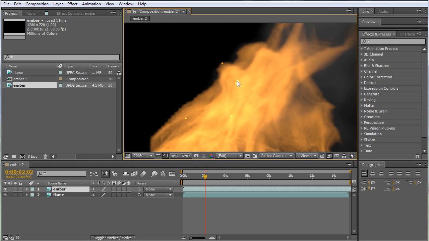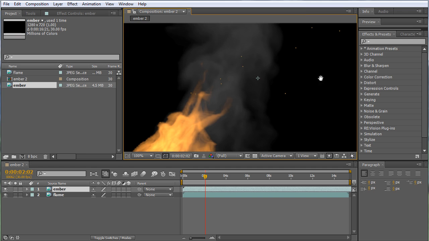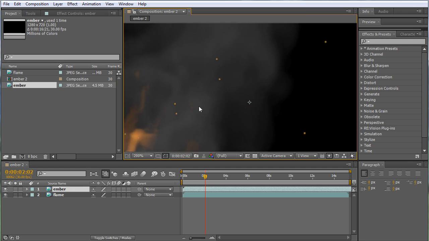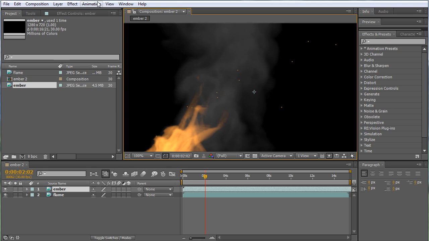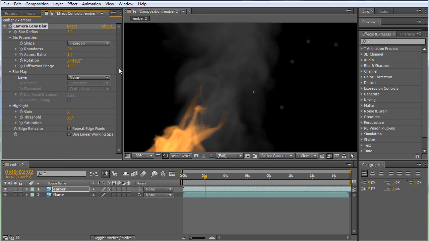But as you can see right here, there are some flakes that occur due to the linear adding of the color information over here. We can correct that by using a lighten blend mode, and that gives us some realistic effects. And next up, let's add some sort of a glow to the ember particles. For that, I'm not going to add a glow effect to it. Instead, I'm going to add a blur effect such that it emulates the glow effect more nicely. So let's go ahead, and I'm going to create a camera lens blur, and